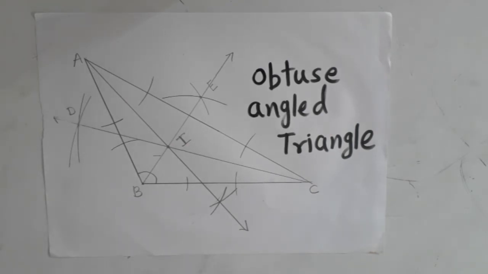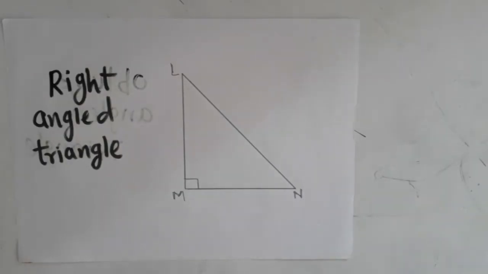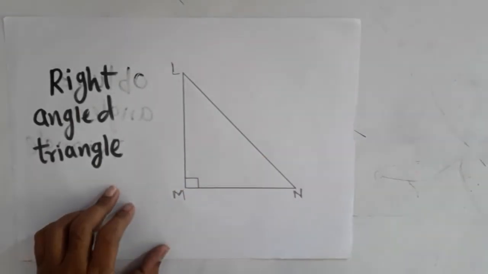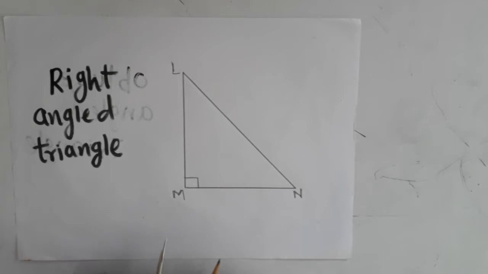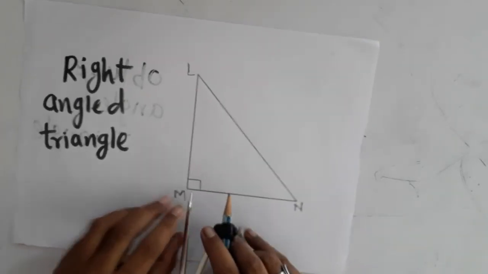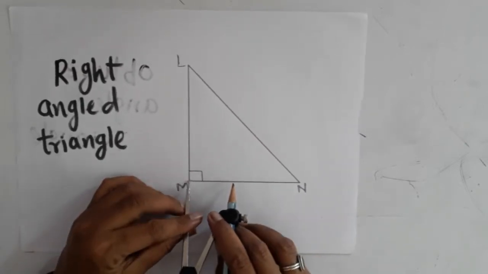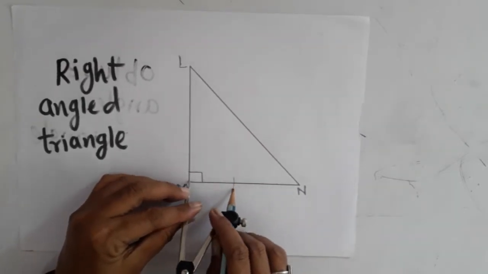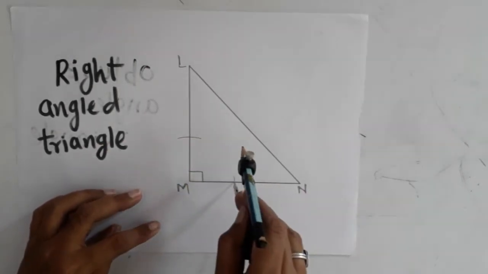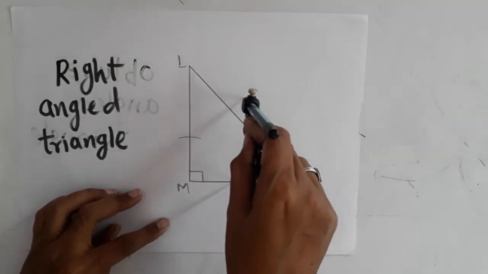In the same way, we can draw the angle bisectors of right angle triangle. This triangle is right angle triangle, triangle LMN. Now I am going to show how to draw angle bisectors. Keep point of compass at point M and draw arc. Then draw another arc like this. Increase distance of compass